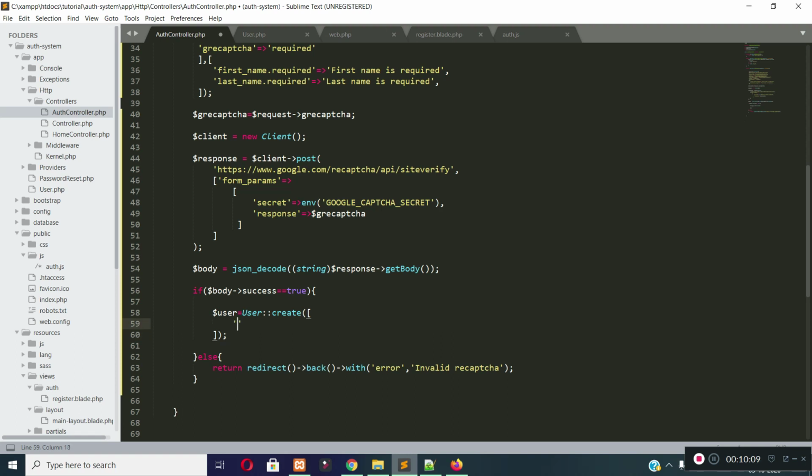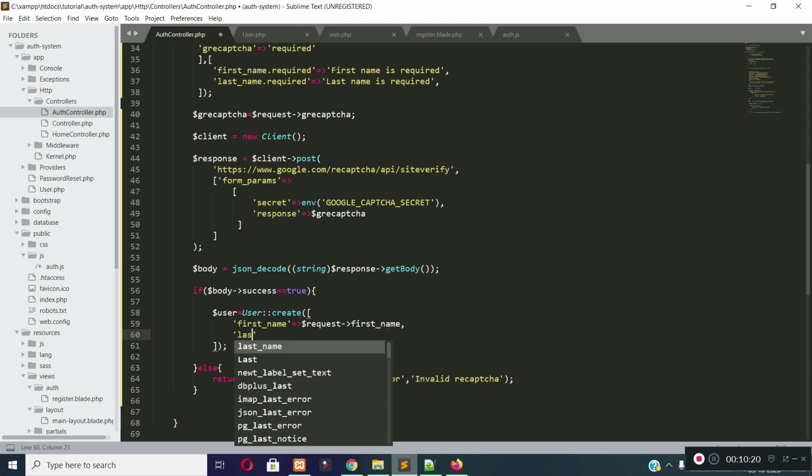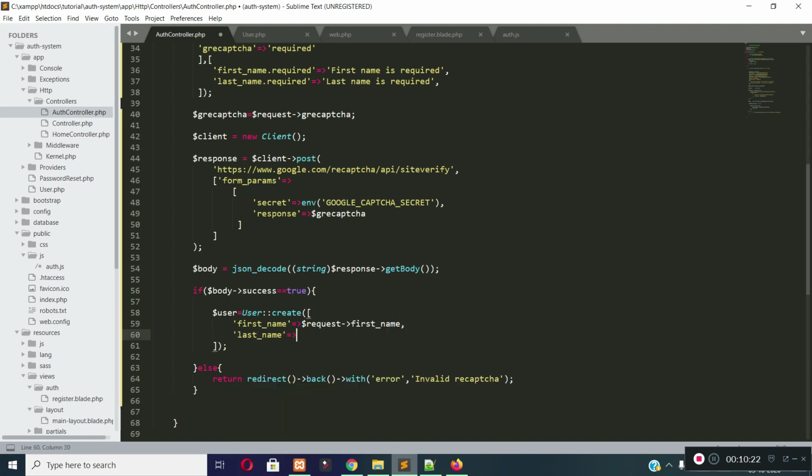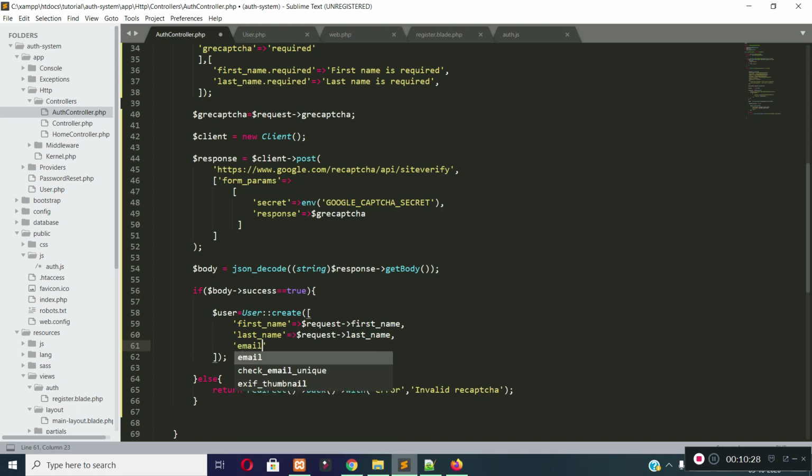Now let's add first name, which is request first name. Then let's store the last name value, which is request last name. And then let's store the email value, which is request email.